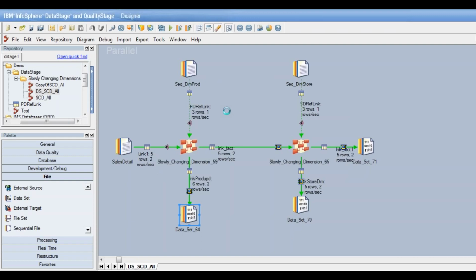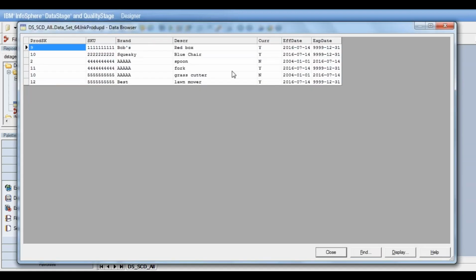The records that had no change in the dimension table will not be taken to the output link for this. So this is the data.